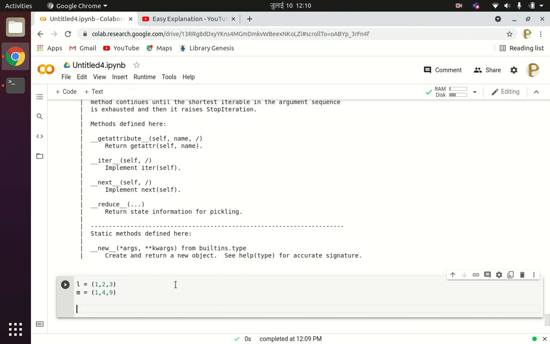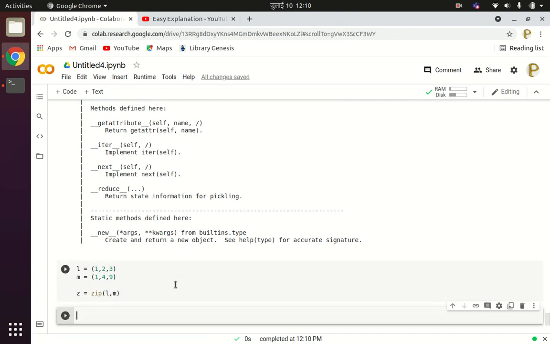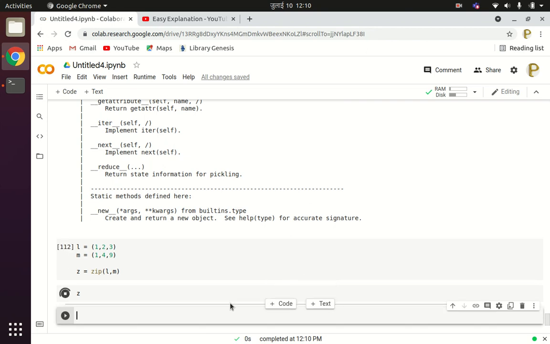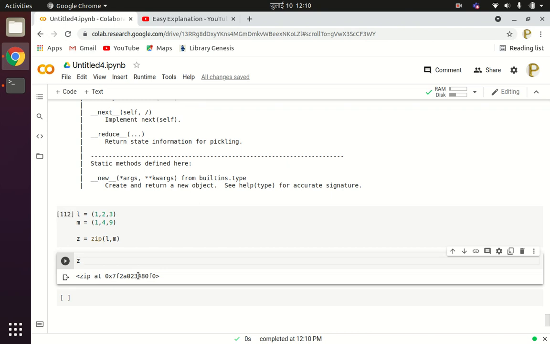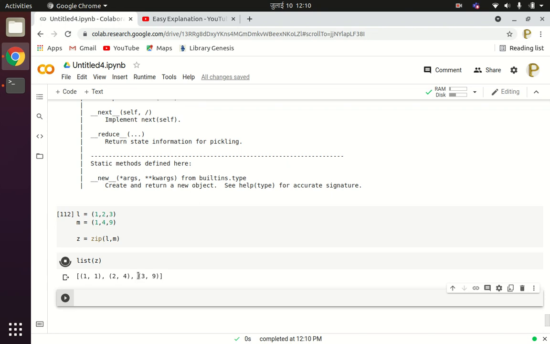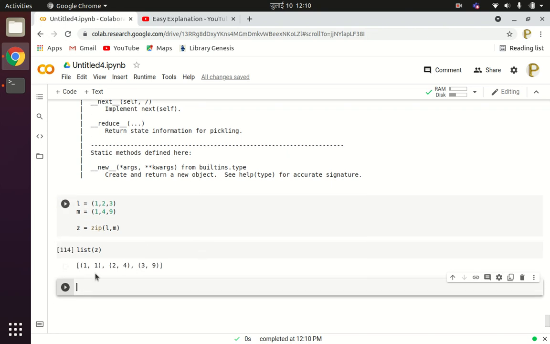So Z is equals to zip of the two tuples L and M. When you write Z, it is just printing the memory image. You can list the values of zip as list of Z. Now the values are combined, something like 1 comma 1, 2 comma 4 and 3 comma 9. Now you can convert these zipped values into a dictionary as dict of Z.